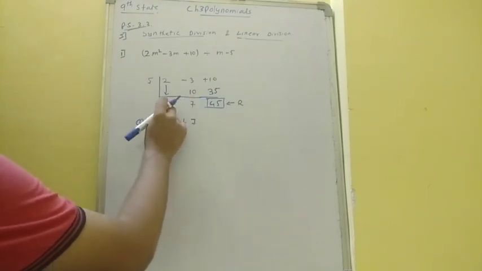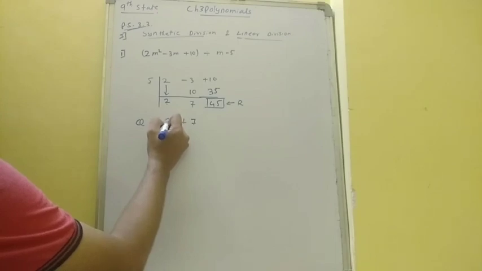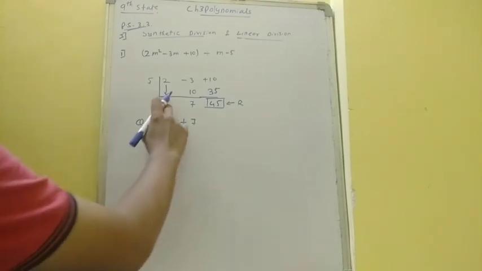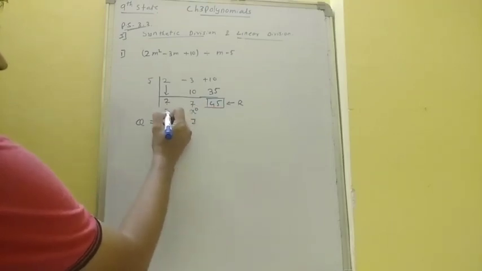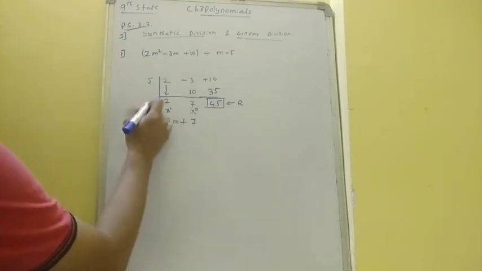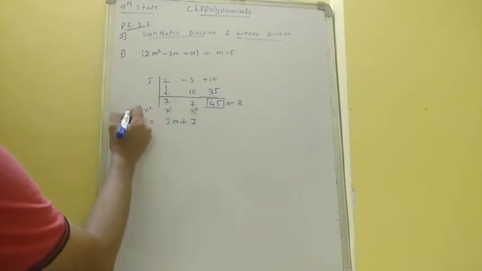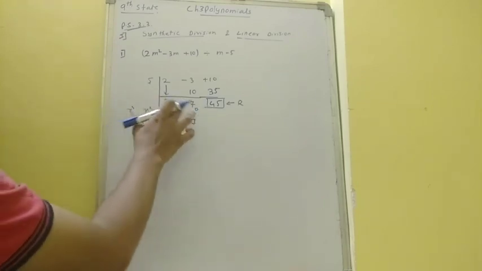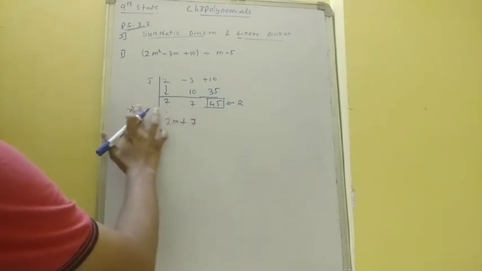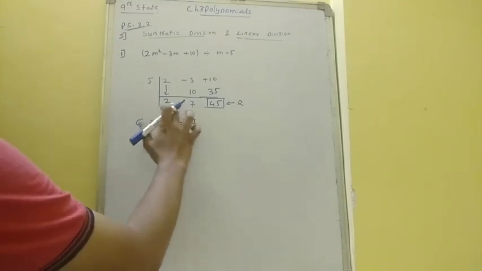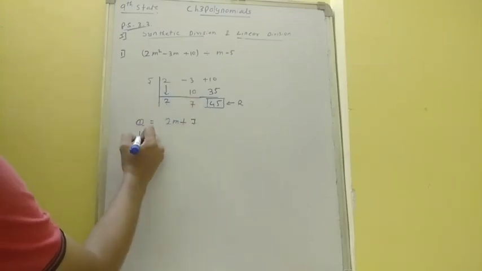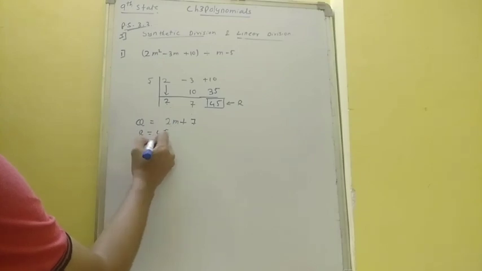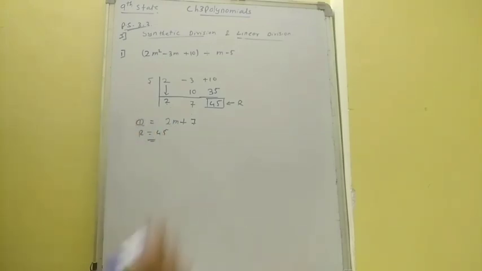So 7 plus 2x. Okay, so you can write like this. You can start from the last, that is x raised to 0, x raised to 1. I don't have many terms, but x raised to 0, x raised to 1, x raised to 2, x raised to 3, like that. Okay, so you can frame the proper polynomial also. So the quotient over here is 2x plus 7. Coefficient form of 2x plus 7 is 2 and 7, right? Remainder is 45. You can check that this answer is identical to the answer you got with the linear division method. Okay.